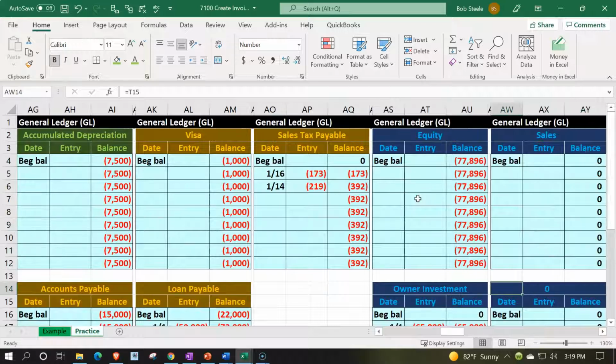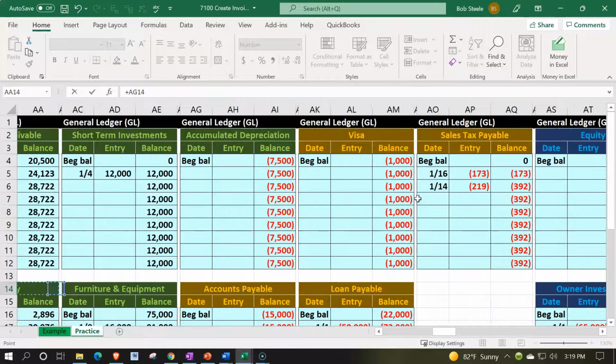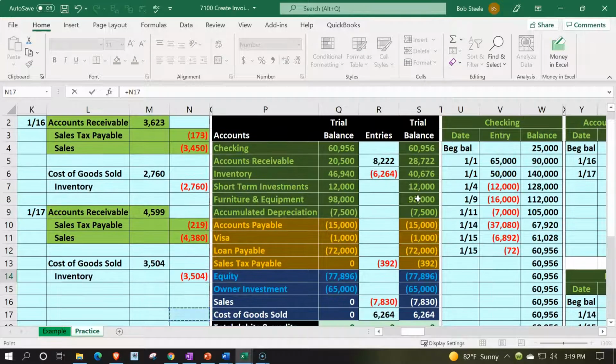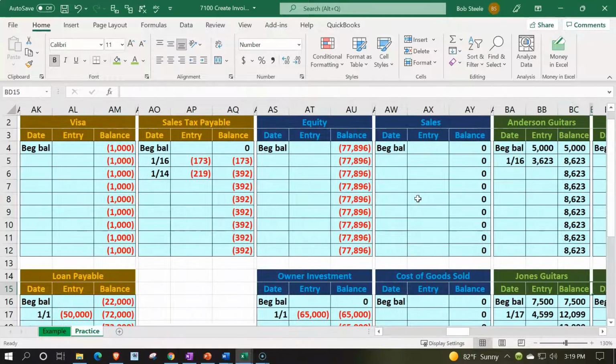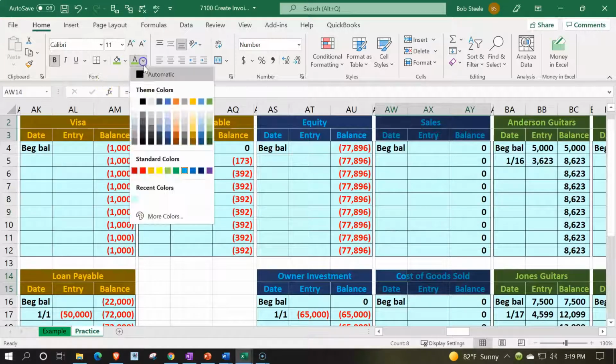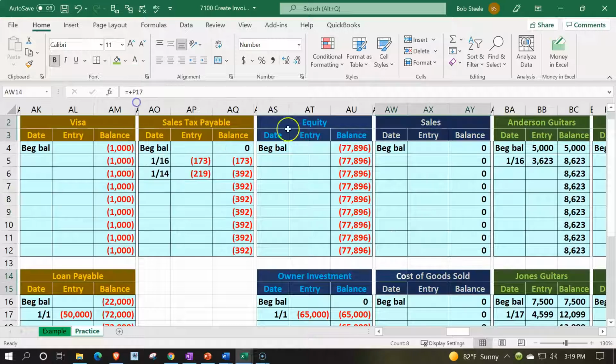And this one down here is going to be the cost of goods sold. Cost of the goods that we sold. We sell guitars. That's the goods that we sold. Cost of guitars sold. That's what we should call it, because we sell guitars and guitar equipment. Maybe. So then we're going to go up top and say font, make this green or white. So that indicates that we're talking income statement accounts there. And then we're saying this happened on